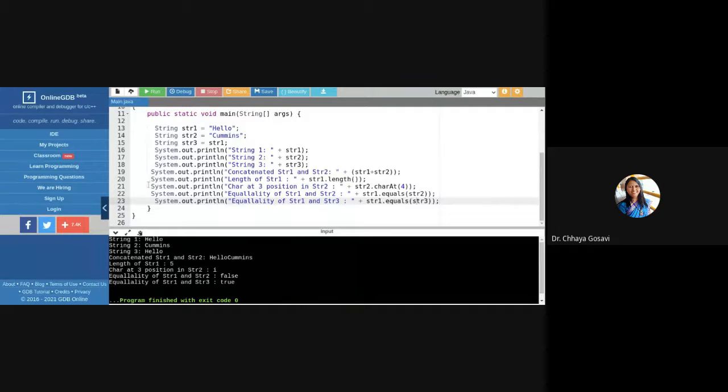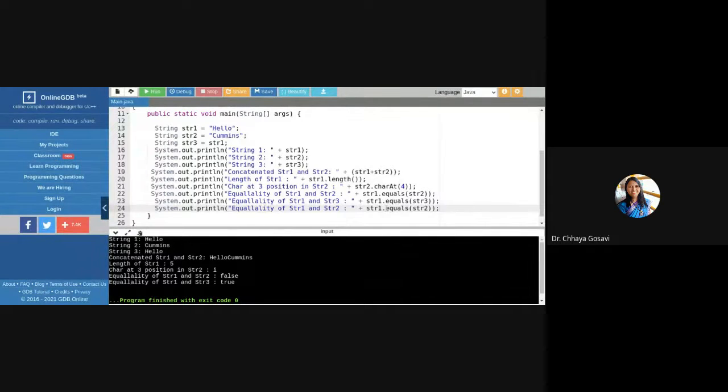To check equality, there are three options we have. One is equals, another is compareTo, and another is equalsIgnoreCase, which ignores case. So there are various options to check the equality of two strings. Instead of equals, if I use compareTo, the compareTo function will not return true or false.